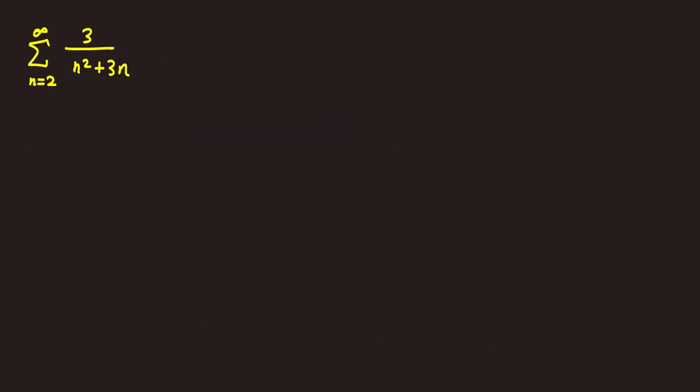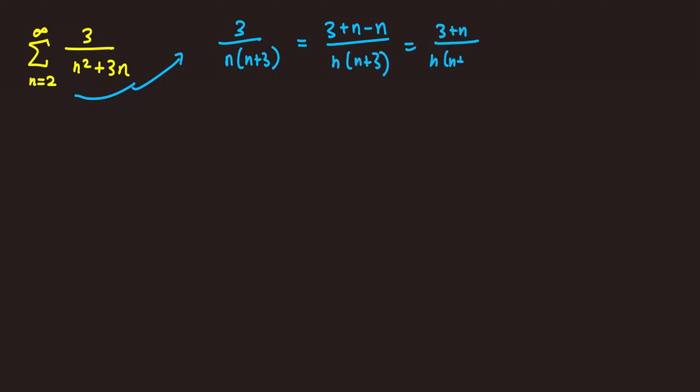If you wanted to show whether this one converged or diverged, you could do an easy comparison test and just minimize the denominator by taking out the 3n. But if you wanted to find the actual sum, you would have to use the definition. So what we'll do is some voodoo magic where we add n and then subtract n on the numerator, and that allows us to get some cancellation going on. So the 3 plus n, if we split it up, we can cancel that out with the n plus 3, and then the n we can cancel out, so we end up getting a telescoping 1 over n minus 1 over n plus 3, and then we can get